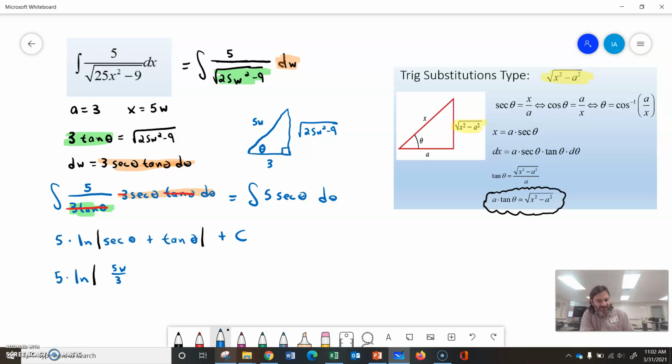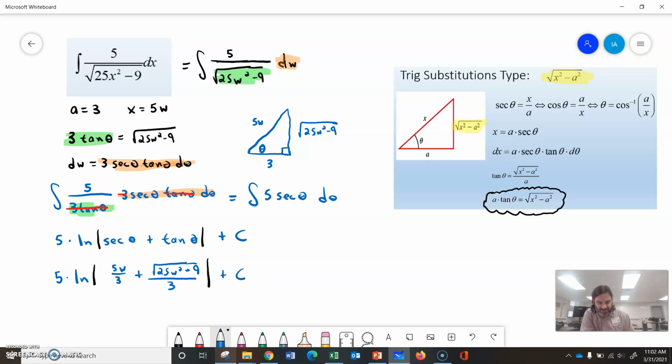Secant is the reciprocal of cosine. Cosine is adjacent over hypotenuse, so it's hypotenuse over adjacent. And then plus tangent. Tangent is opposite over adjacent. So that will be the square root of 25w squared minus 9 all over 3